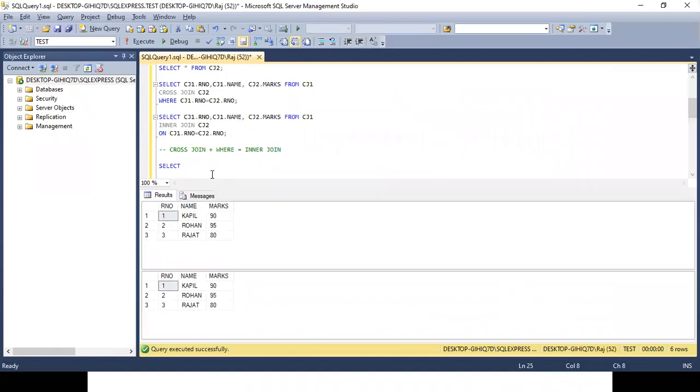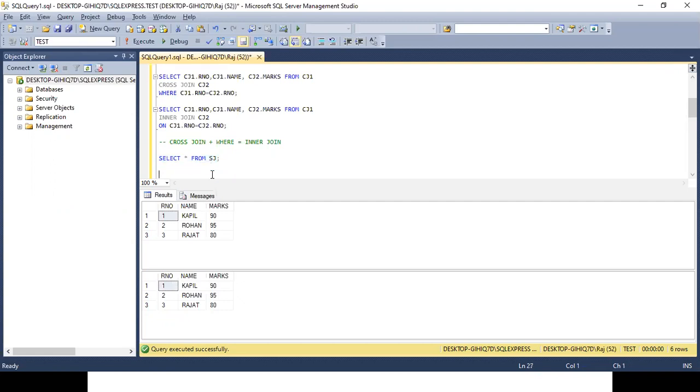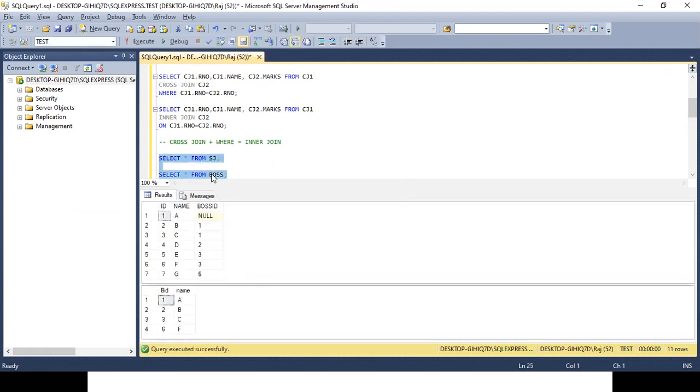I have a table called, let me see, select star from SJ, and I have another table called boss. So I have two tables over here, SJ and boss.